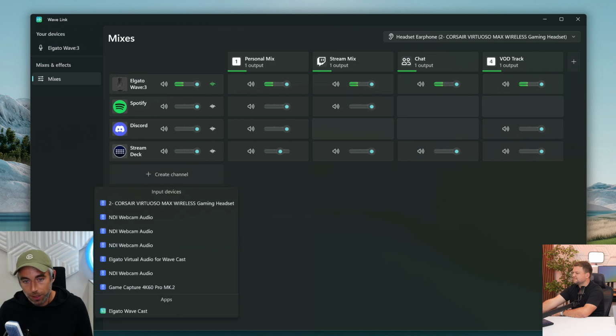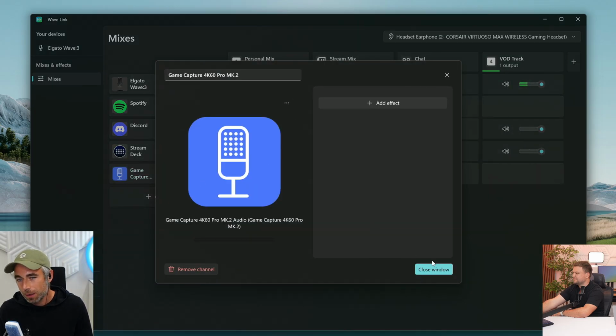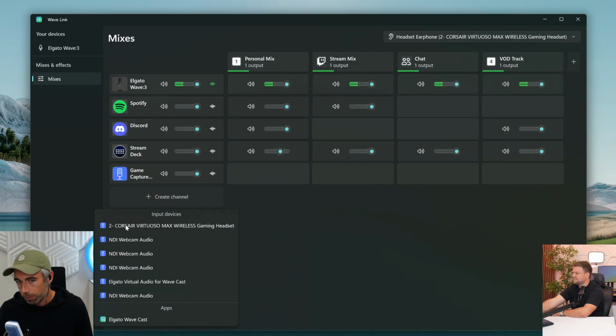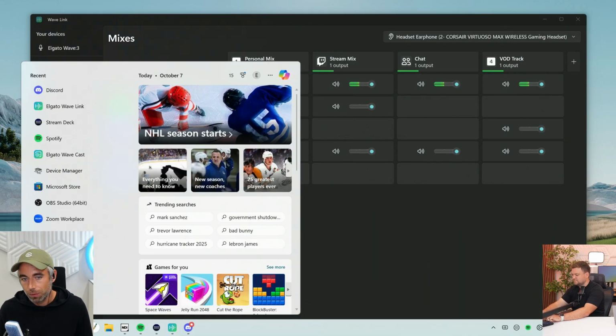So we can add another channel, and maybe you put in a capture card, right? So this would be a hardware input. You can add, I believe, up to 4 hardware inputs, and you have 8 virtual inputs. The other thing you can do is you can group channels, right? So if you wanted,